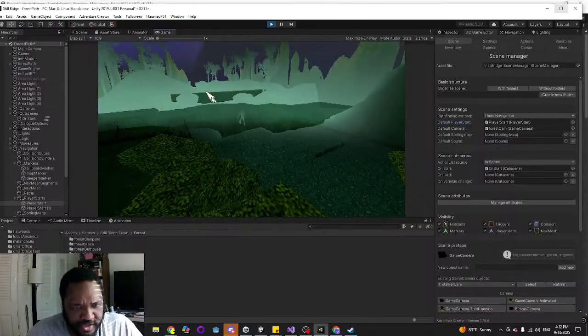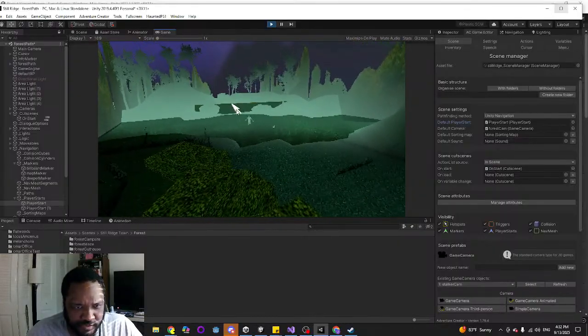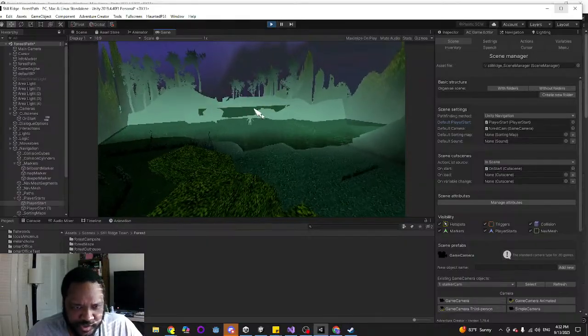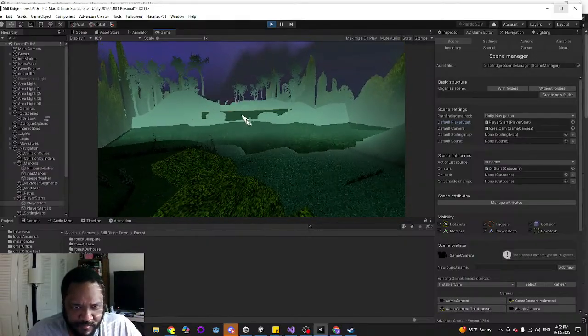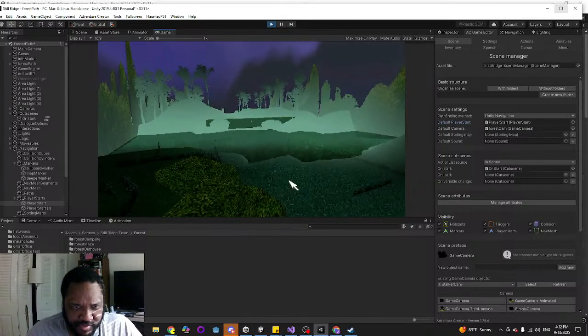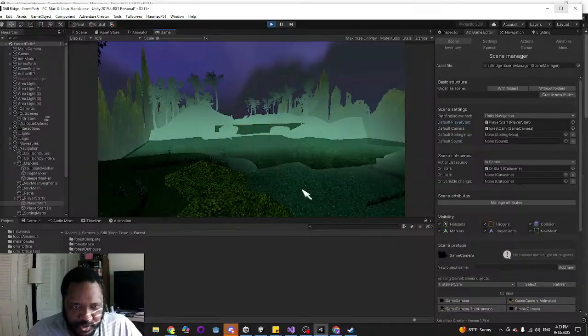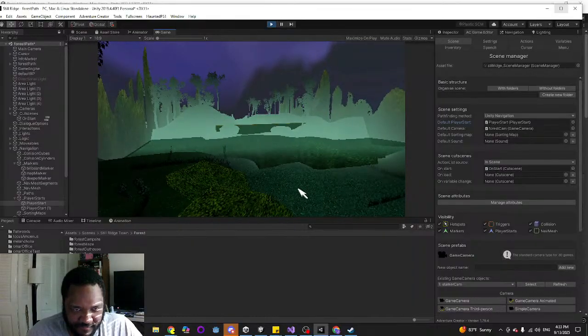So the players should not be able to cross back once they cross this river. I'm just going to double check to make sure that's the case. You can see this barrier here. Yeah, the barrier is blocking my path. You should not be able to move through that barrier.